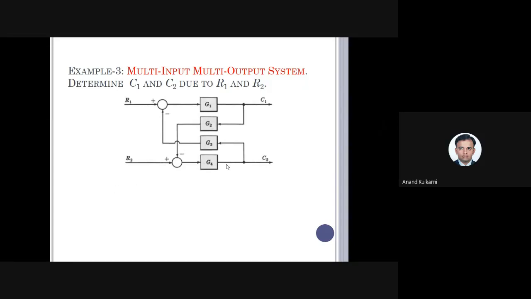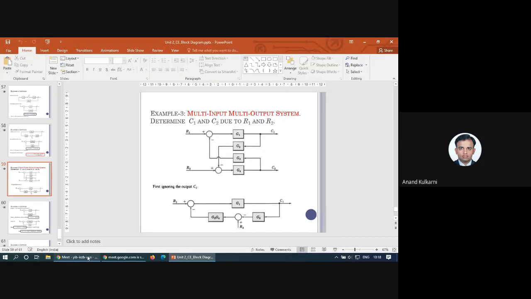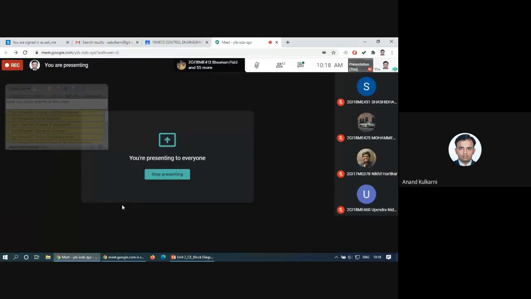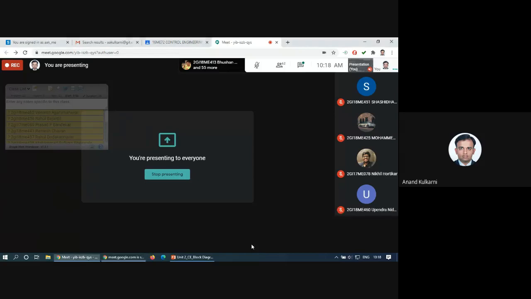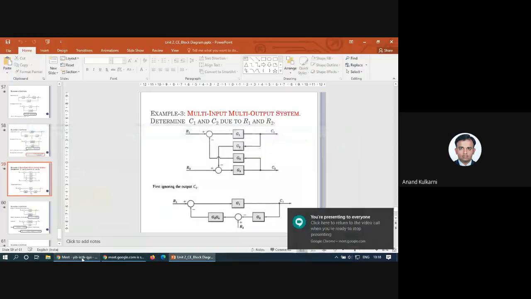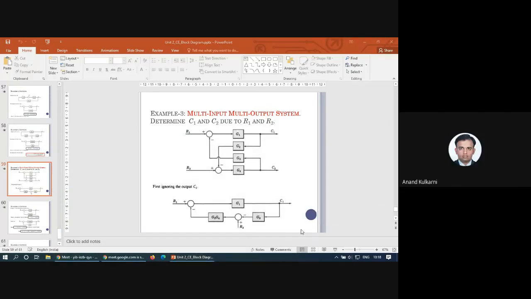This is slightly one more similar problem. Okay, before going to this, do you find any doubts with respect to the previous problem? If there are any doubts, let me know. Okay. No, sir.